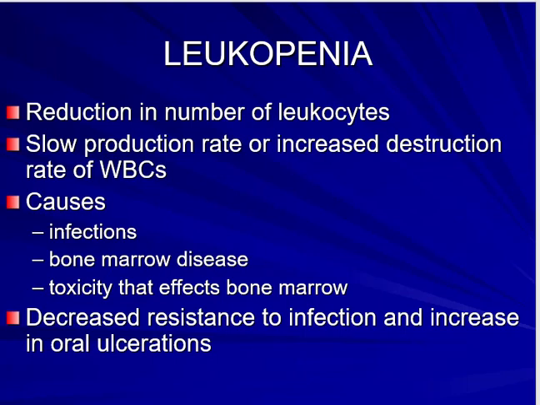If our bone marrow has a disease, if our bone marrow has had a toxicity, a radiation exposure, right, you can have a low number of white blood cells. So now you have decreased your resistance to infection, and this actually increases the probability that you'll have some oral ulcerations. So I don't know if you've had anyone in your life that has had like a bone marrow type of cancer